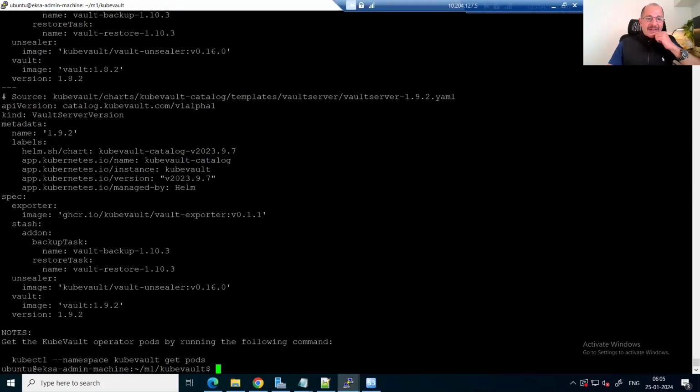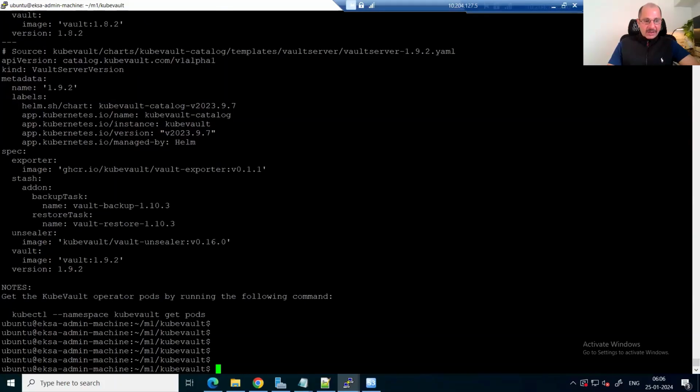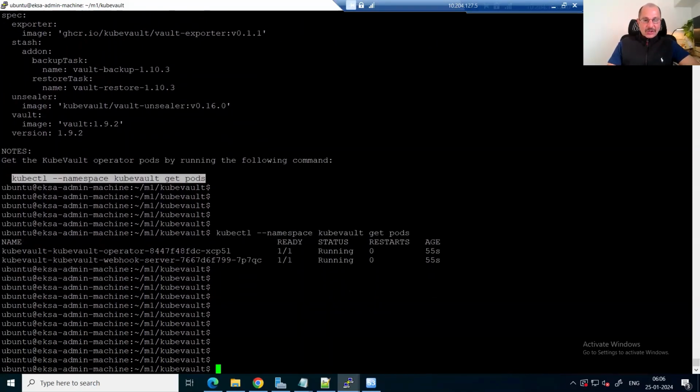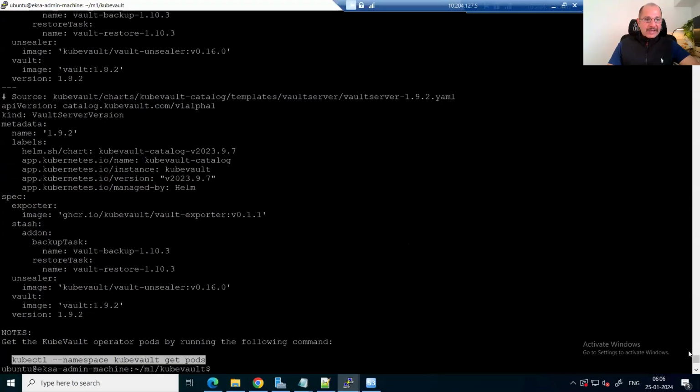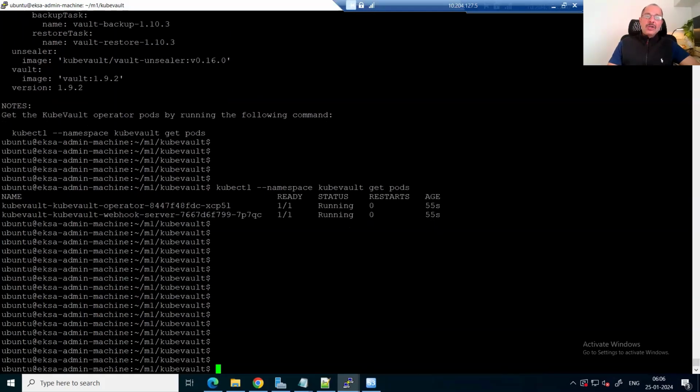Okay, so we can see that the whole CRDs are installed as a part of the operator, okay? And we can just check if the pods are indeed running as per the logs. So we can see that the operator pod is running, it's ready for consumption. And what you can see also here, a lot of good, I would say, automation with regards to how the